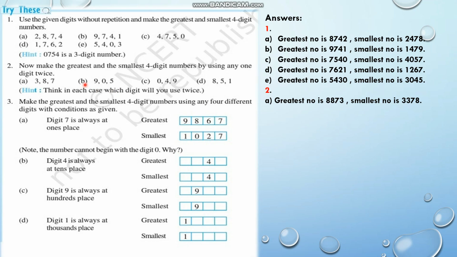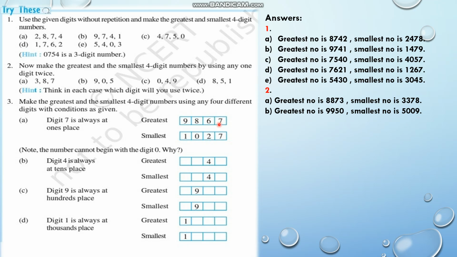905. Okay, here you can repeat the number 9 twice. That is 9950. 9950 is the greatest number, and for the smallest number, we know we cannot start with 0. So you have to put the 0 in the second position always, when you are writing the smallest number. So first I am writing 5, and the smallest digit is 0, so you can repeat the 0 twice. So 5009. That is 5009, the answer.